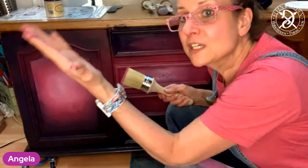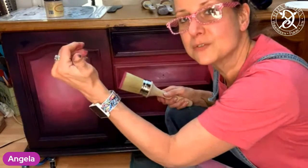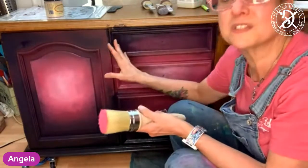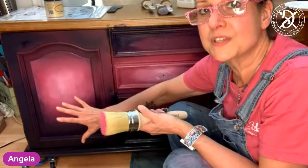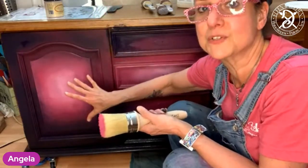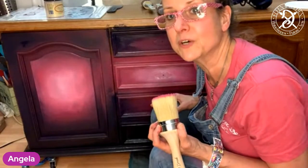And the clear boss is basically if you don't want to make any change to your wood. If you want to maybe distress down to the wood, you can use the clear boss. I've used it on this piece because I'm working with dark colors and light colors, so I didn't want anything too bright or too dark underneath. That's the reason I stayed with the clear boss on this piece. But if you paint white afterwards, I would recommend the white boss because then the white obviously